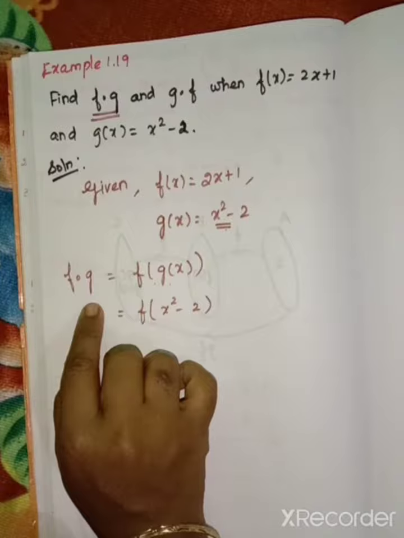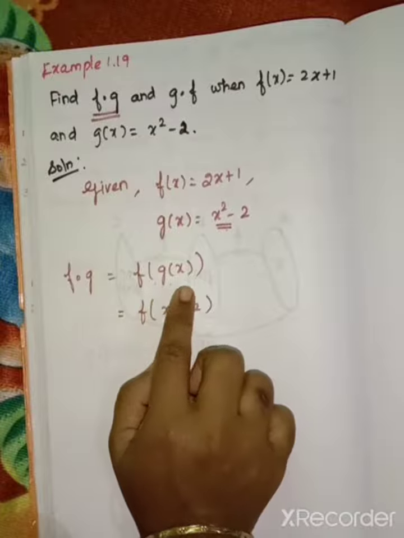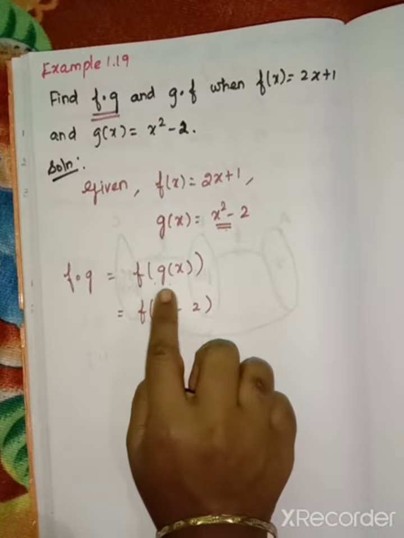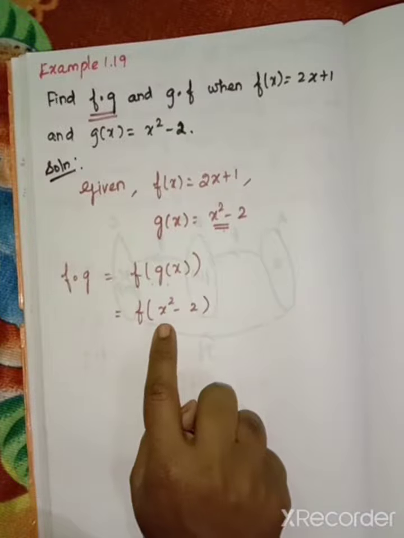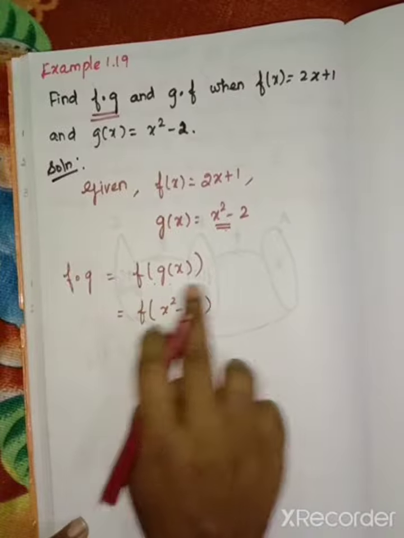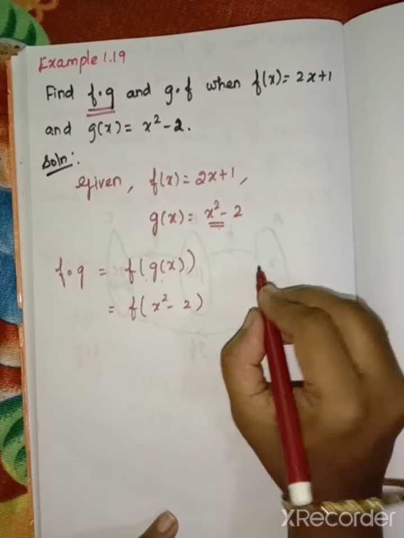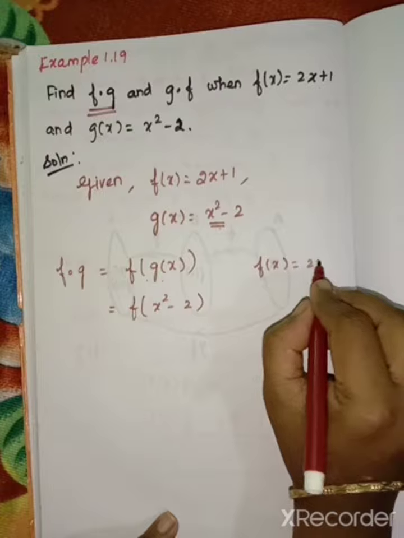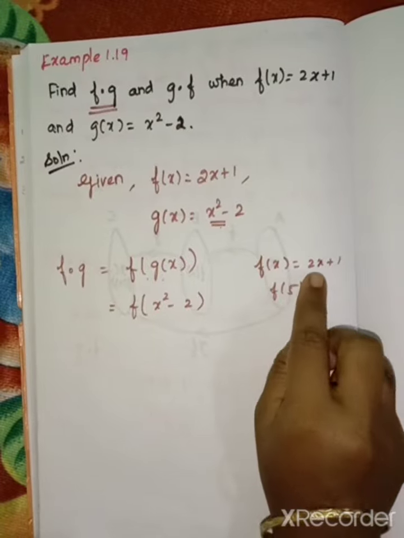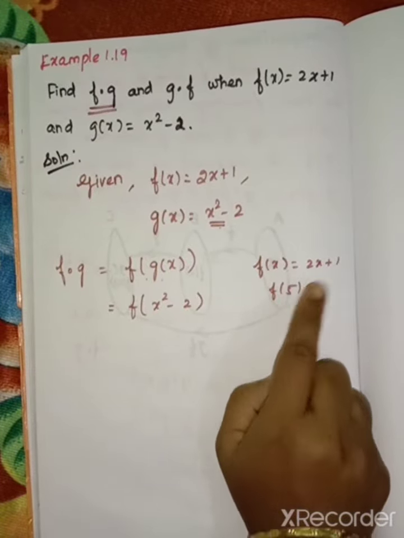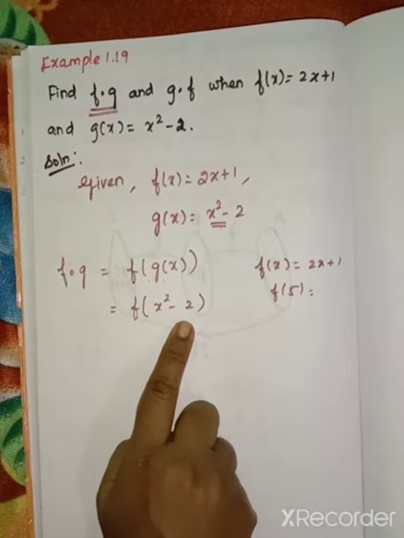Again I repeat. Here they will give us f of g and we have to find it. So we want to change it by the definition f of g of x, because f is first and g is second. So we have substituted it. In place of g of x, we want to substitute the value x squared minus 2. Now see, f of x squared minus 2 is given. Suppose in previous sums f of x is given as 2x plus 1. We want to find f of 5, what you have to do is, in place of x you have to substitute 5. Will you substitute like that here? What they have asked here is we have to find the value of f of x squared minus 2.